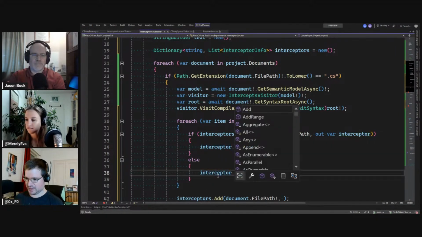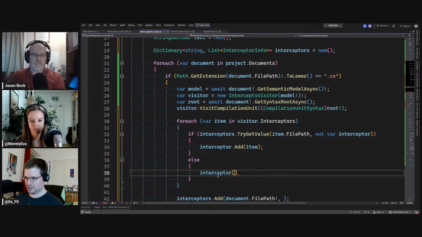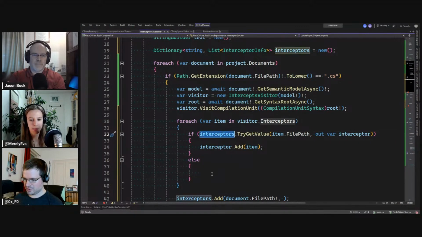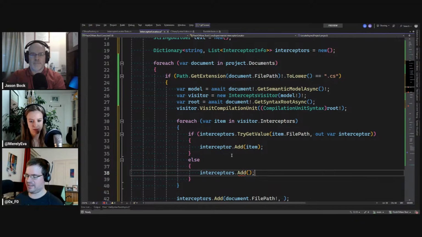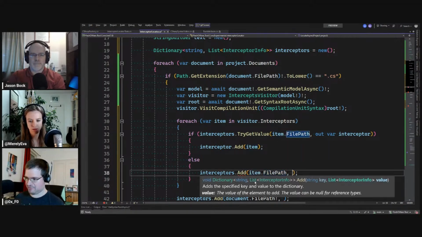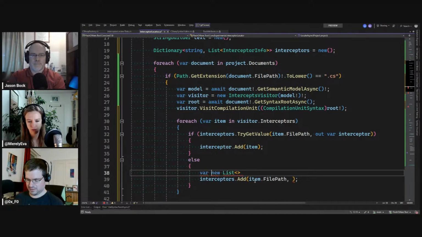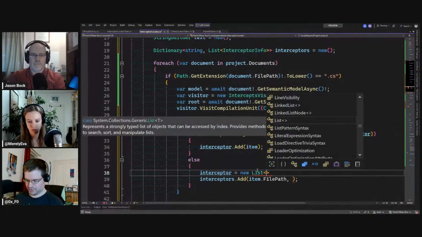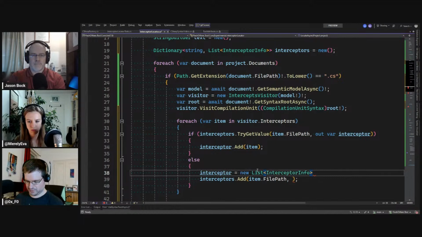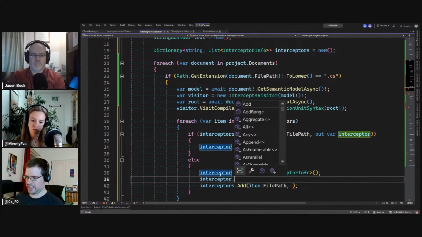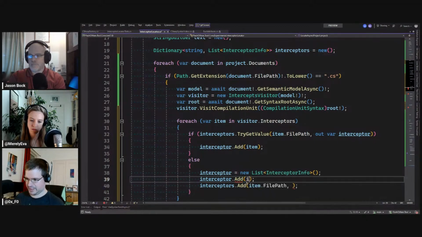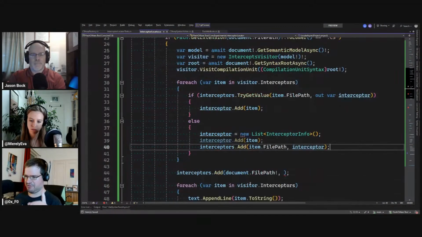we need to add a new one. Interceptor add. So to the interceptors, we add a new key with that file path and a new list of, maybe we use this identifier, a new list of these interceptor infos, to which we will add the first one item and put this in here, I think.